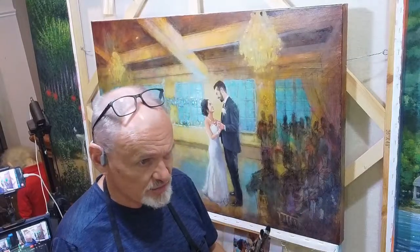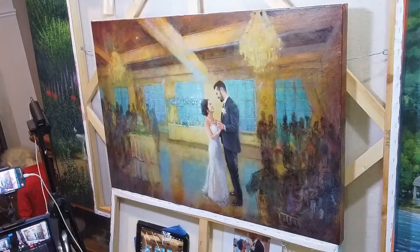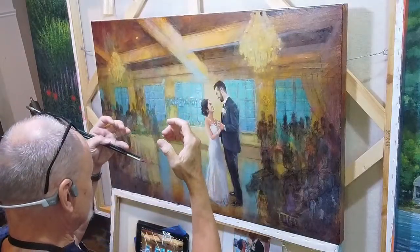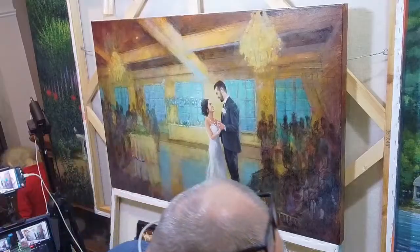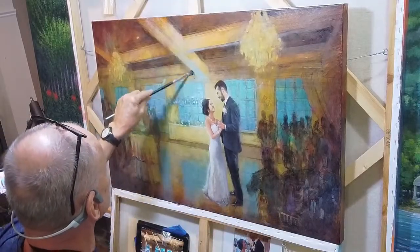Now, one of the things I'm struggling with, here's the rule. Every rule can be broken, but if you don't know the rule, you're just screwing up. Every painting and photograph, both, should have a primary light source and a secondary light source. And if the two are competing with each other, it's uncomfortable for the viewer. So I have a real challenge going on in my painting right now, because it's a little bit hard to tell. Is the primary light source the blue light coming through the windows, or is it the warm light from chandeliers and everything else shining in the room? Primary and secondary. And I really need to make up my mind. And I'm having a hard time, as you can hear, making up my mind. While I'm thinking, I'm going to darken